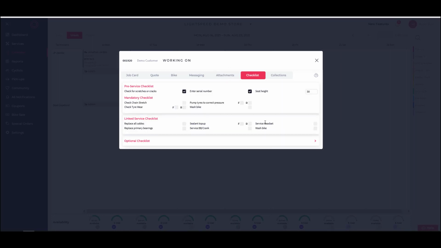Checklists. There are 3 types of checklists. We've got the pre-service checklists, so when you're booking in a bike, and you can configure them all. We have mandatory checklists, and we have service-specific checklists. So mandatory checklists, these will be, no matter what service is chosen, these checks must be done by